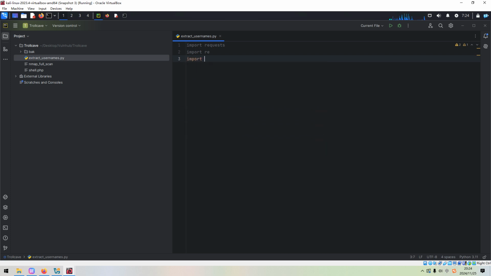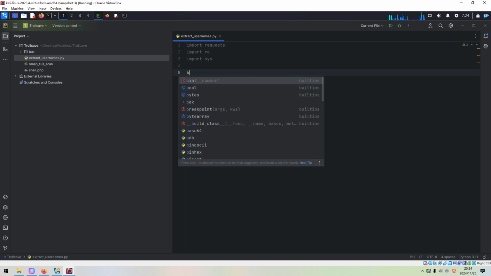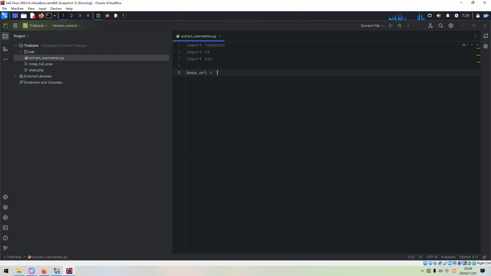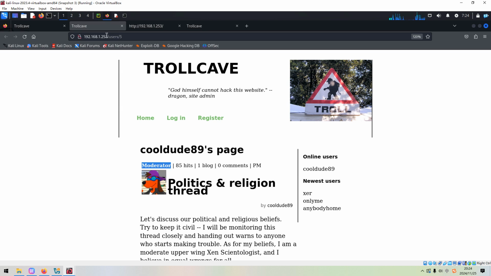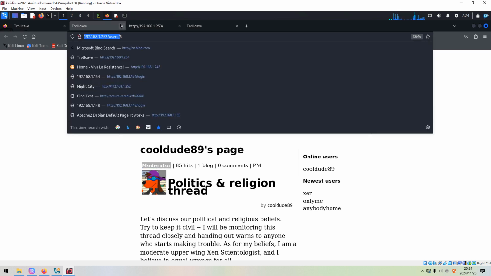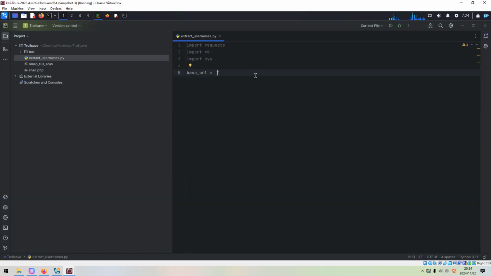And also we can import the sys module, and the base URL we can copy from the browser, and we can make a loop over this number in range from 0 to 100.